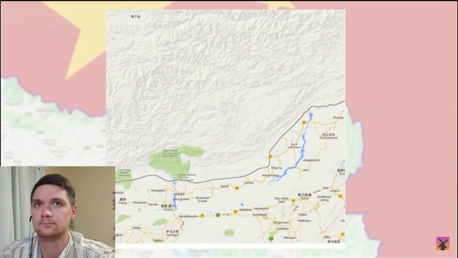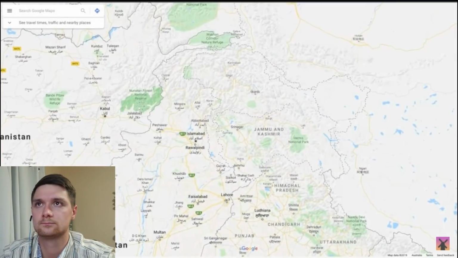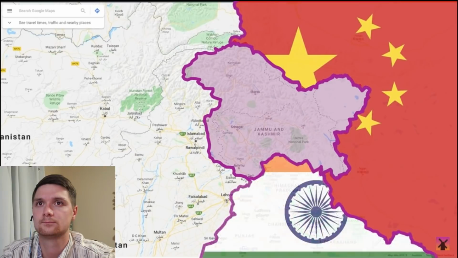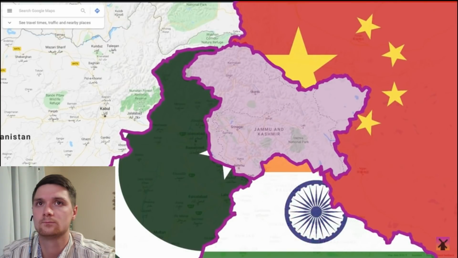But if we look a little bit further over to the west, we can see the weirdest and most awkward conundrum faced by Google Maps. How in the hell do you draw the borders and claims of Jammu and Kashmir without pissing off 3 countries that all have nuclear weapons and have a combined population equal to almost 40% of everybody on the planet? That's a lot of potential customers that you could lose out.